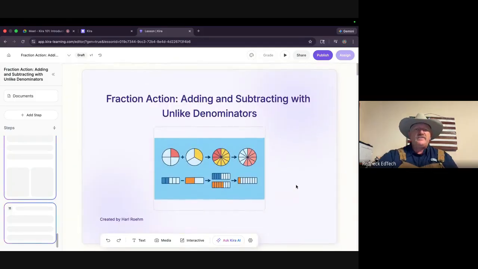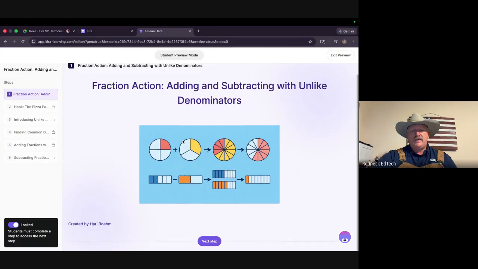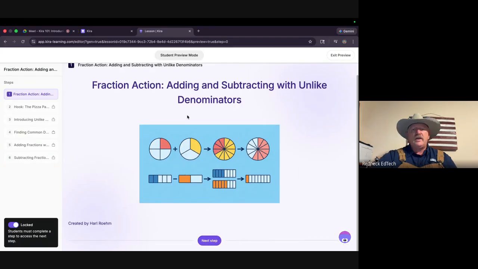Okay? If you want to see what the student sees, that's this right here. They come in, they have to go to the next step. Now, if you look over here, you see how all these steps are locked. That's a phenomenal thing because I've got these steps locked so that the students have to go through one right after the other. They can't skip around. And in the event that I'm absent, it means that my sub is just working essentially like a facilitator. They're not having to teach it. They're just making sure that the kids are online doing their work.